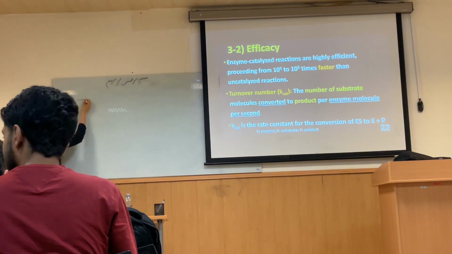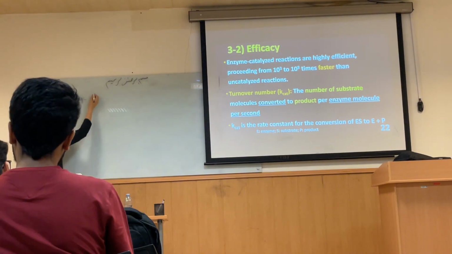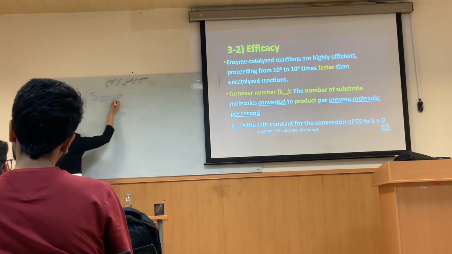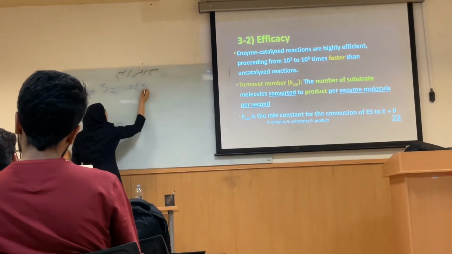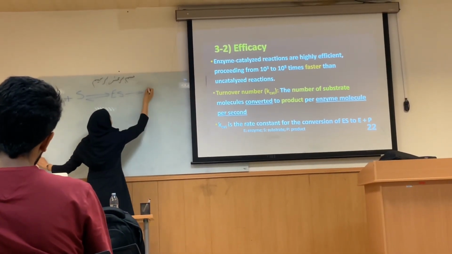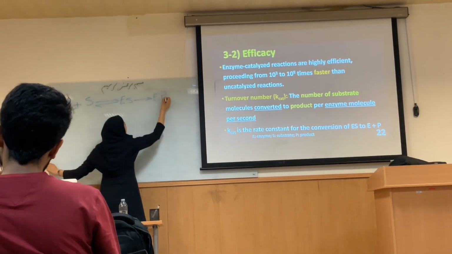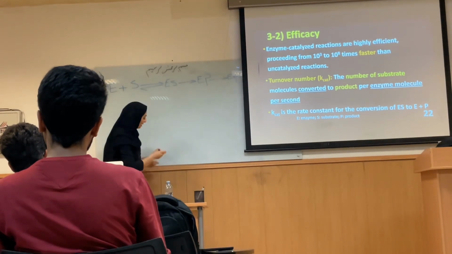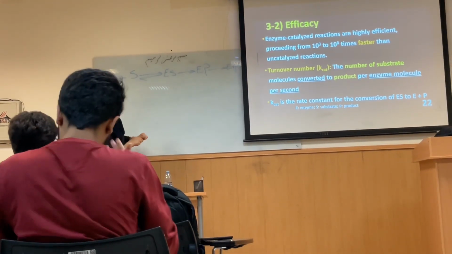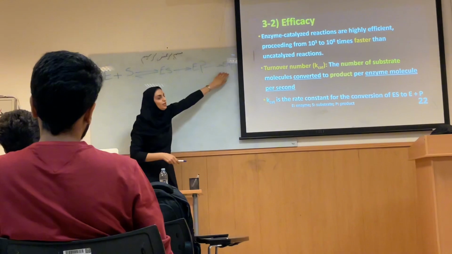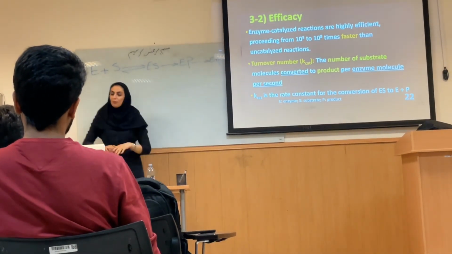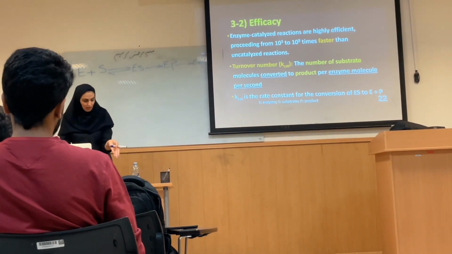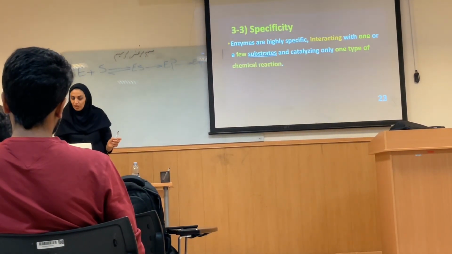Guys, what is this? Enzyme. What is this? Substrate. It is the enzyme substrate complex. After that we have the EP complex. After that we have E plus P. The K-cat is related to ES to E plus P. This was about K-cat. We will work on this equation after I prepare it for 1 hour.